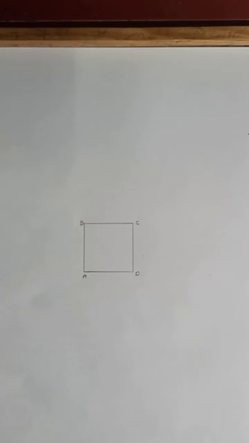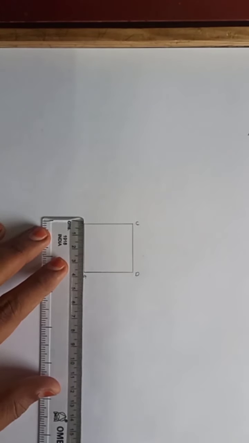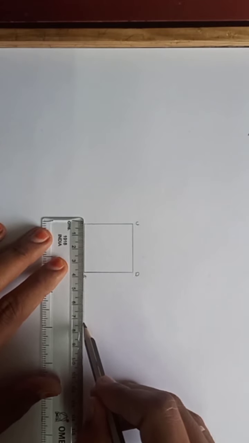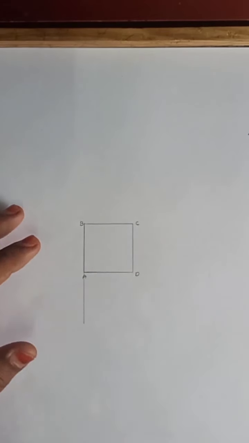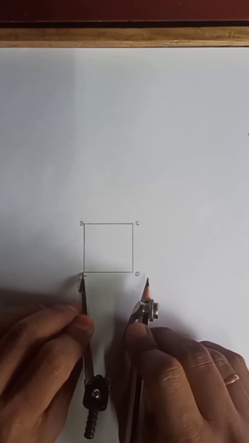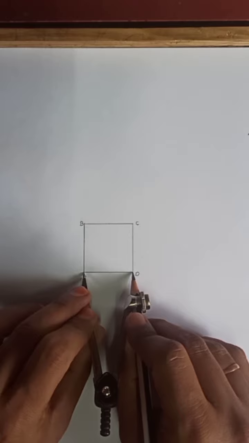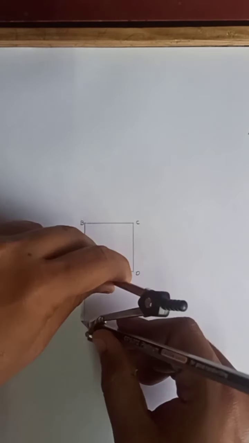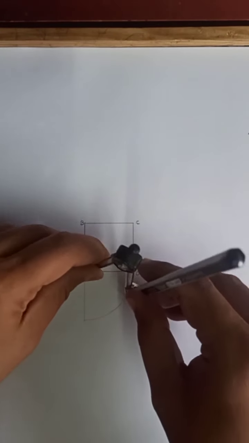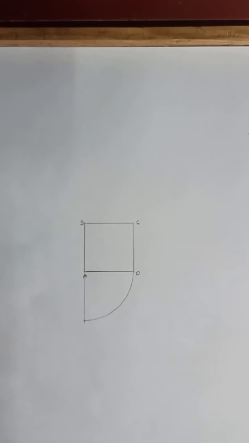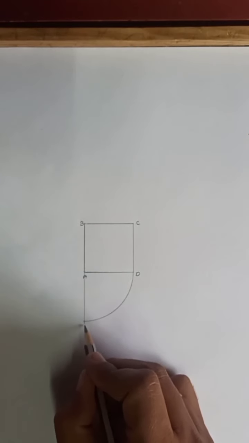To draw the involute of a square, draw a line from the point B through the point A and also extend the line so that you will be getting a line BA of a certain distance. Then take A as center and AD as radius. Draw a curve till it meets the line that we have drawn in the previous step. Now the intersection of the curve and the line is marked as P1.